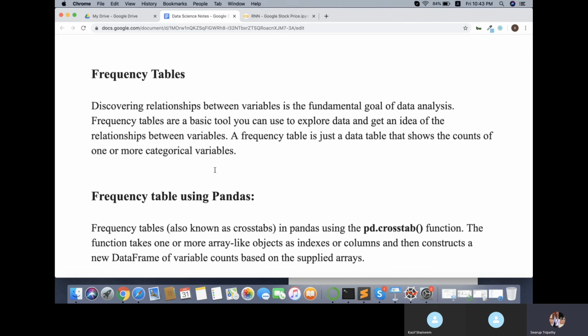So if your data is categorical, you can also convert it to boolean. Suppose in a column you have gender, and you say if male is present, you will assign 1, and if female is present, you will assign 0. That is nothing but boolean, so that our model can compute this. If 1 is there, that means male; if 0 is there, it's female. Like that, you can convert your categorical data, or you can convert it by using something called frequency tables.